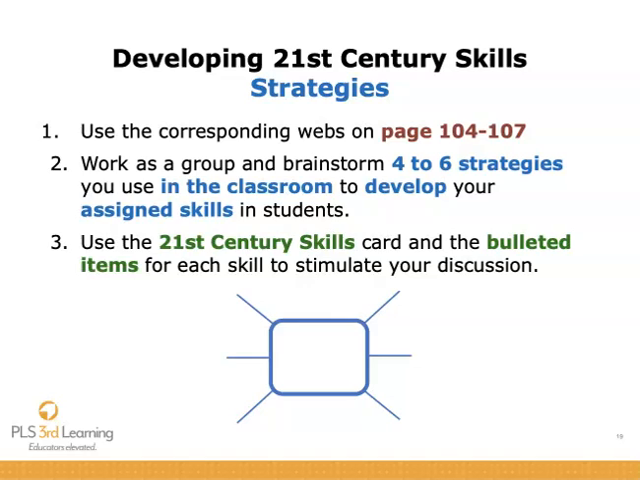Work as a group and brainstorm 4 to 6 strategies you use in the classroom to develop your assigned skills in students. For example, many schools now are using breakout EDUs to foster collaboration and social and cross-cultural skills on a global scale. If you took PLS's STAR course, you may have used strategies that you can share for fostering responsibility in students. If you took PLS's Collaborative Inquiry course, you studied strategies for communicating and collaborating that you can